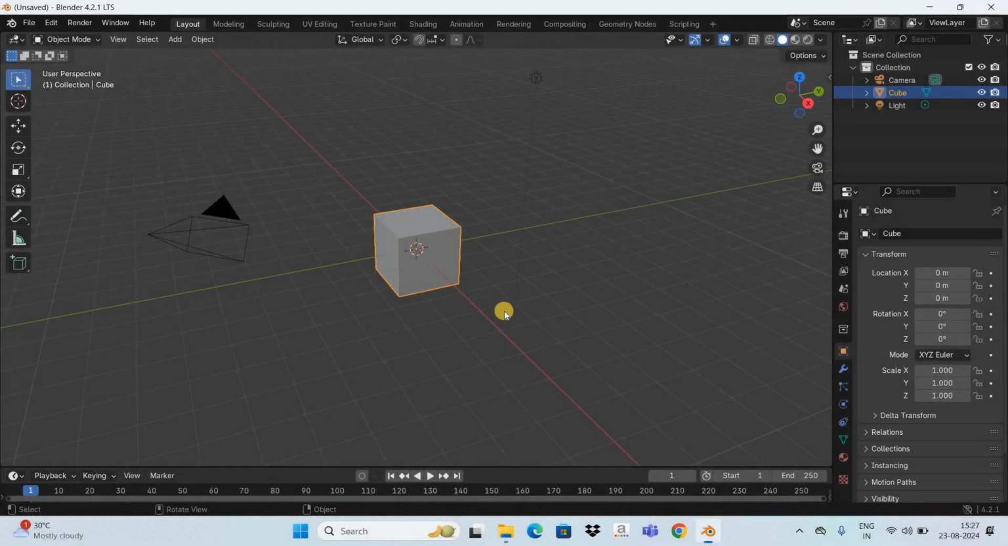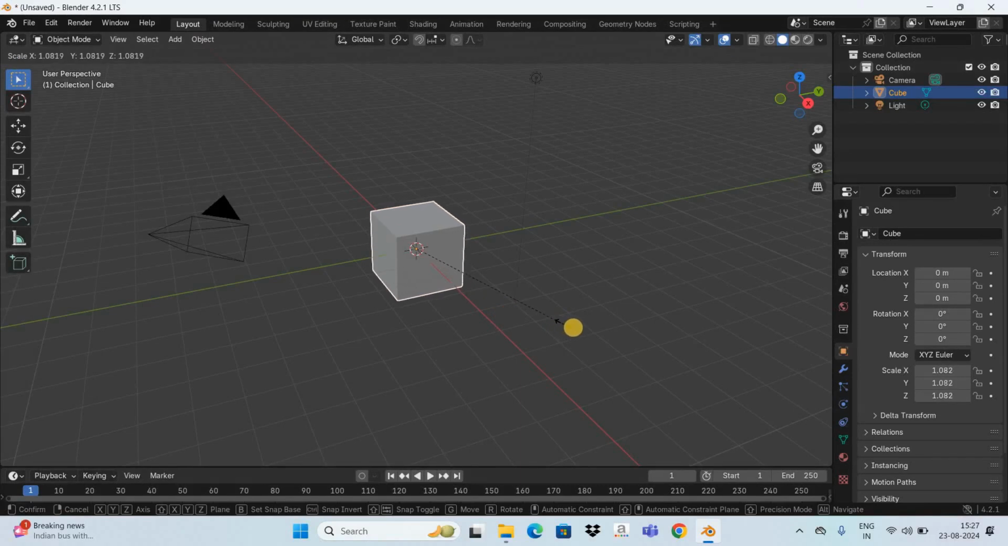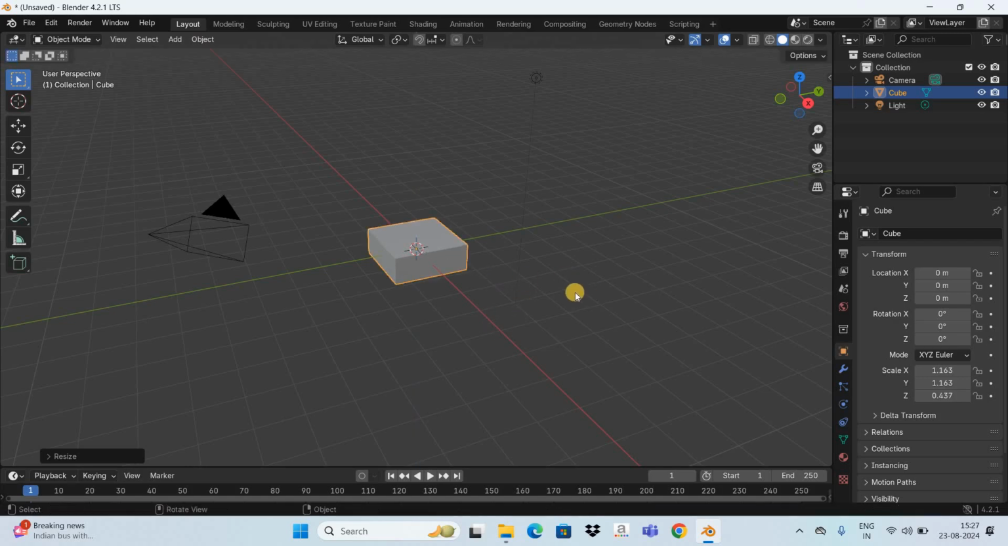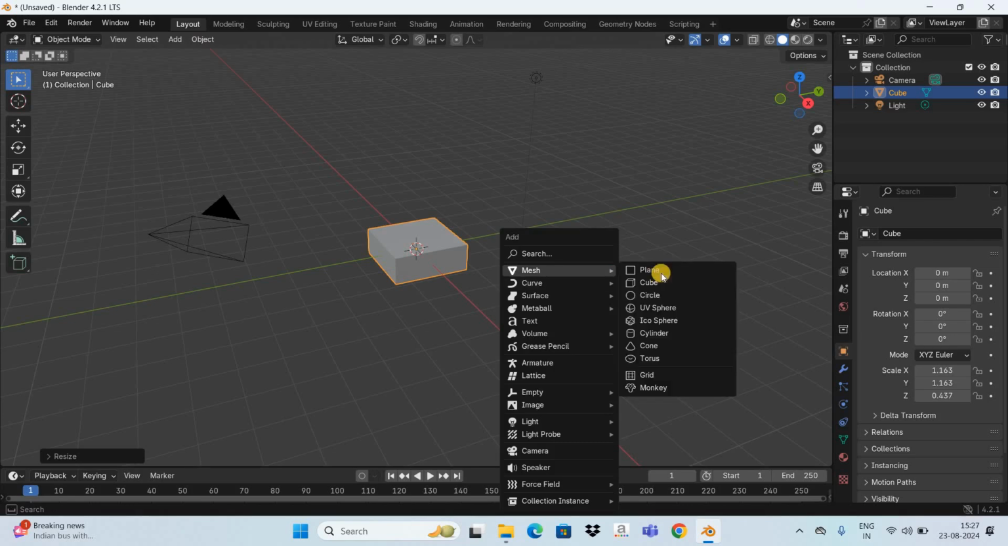Now to start off, first what you need to do is you need to scale this cube a little bit. So let me scale this cube to something like this. Now let me once again scale this cube along the z-axis to something like this. And now I would like to add a plane, so press Shift A and inside mesh select